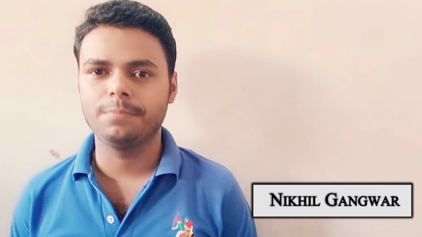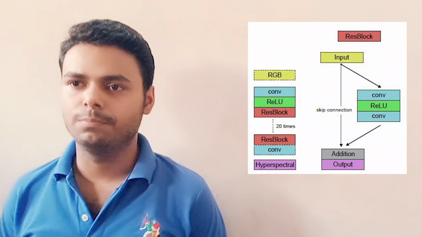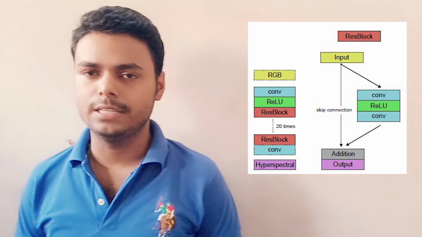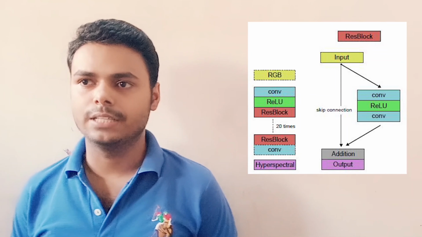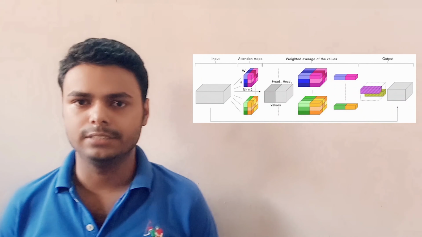So let's start with what we have done in our research and internship. The first one is the SR-ResNet model. In the SR-ResNet model, we pass our input image to the convolution layer, and the output of the convolution layer is passed to the res block. Each res block is a combination of res units, and each res unit is a combination of convolution layers and activation functions. And after that, we use the attention model.